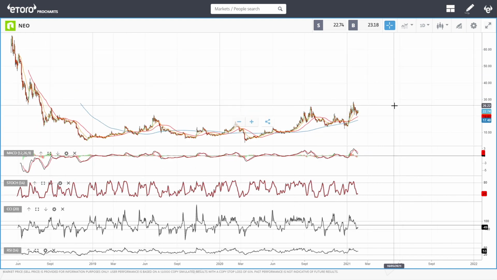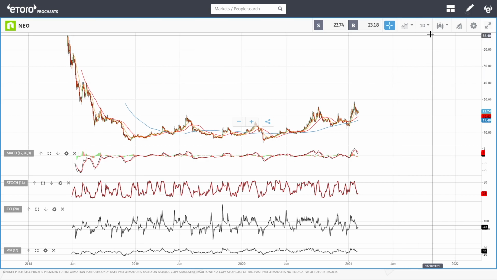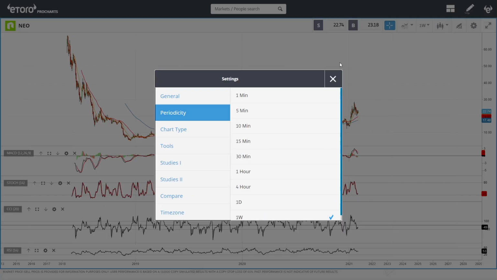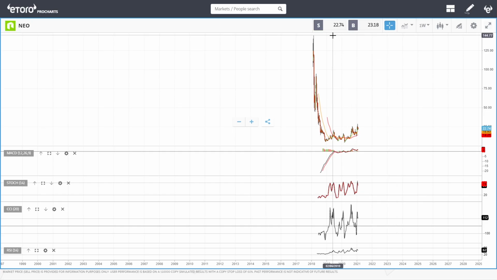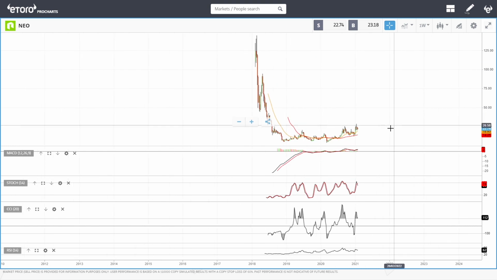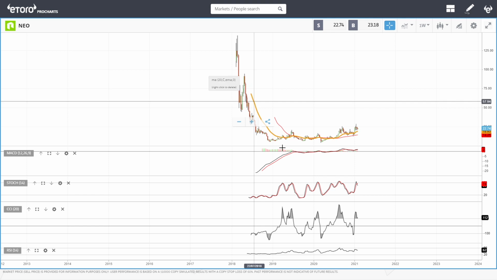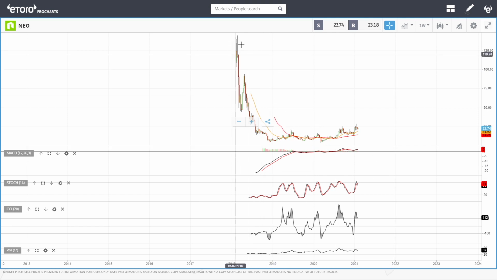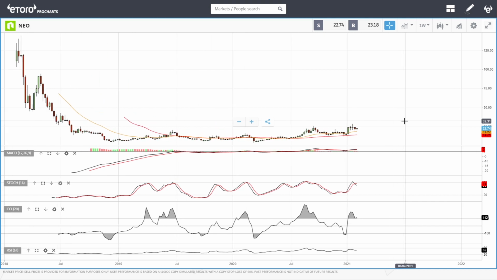So this cryptocurrency started off being fairly high valued. You can see that we were all the way up at $134 for NEO, and since then it has just tumbled, basically at the same time that Bitcoin and all of the other cryptocurrencies tumbled. But now we're seeing a gradual grind to the upside. Actually, a fairly healthy move, not parabolic in any way.